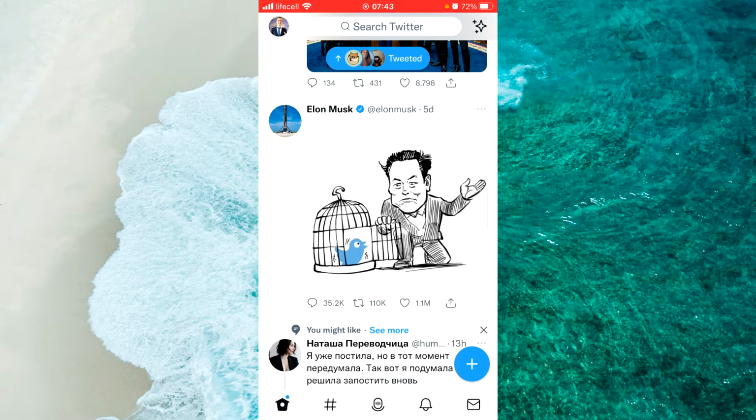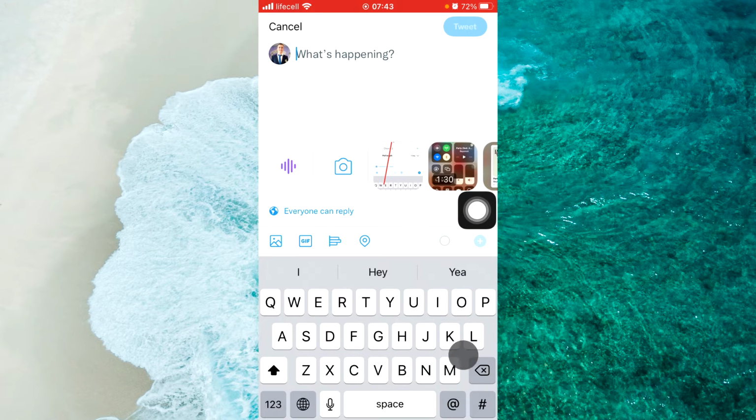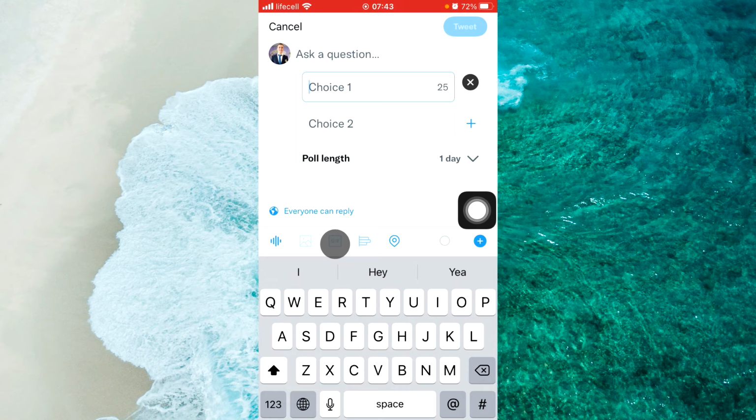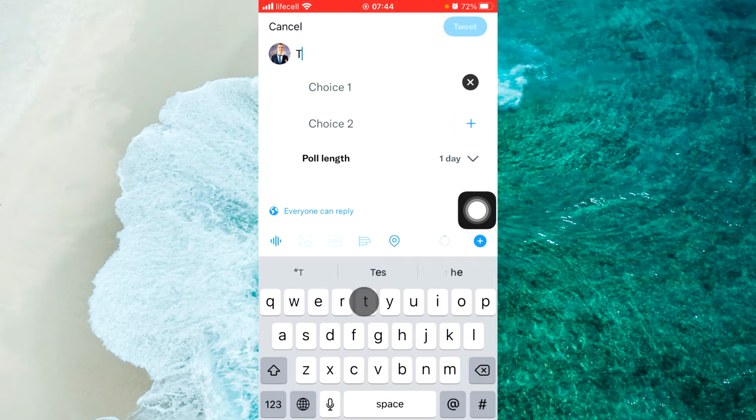So let's get started. Launch the Twitter app, then tap on this plus button, and here you will see this little icon. You just tap on this little icon and here we create a poll. Now we should ask a question here. For example, you write "test",